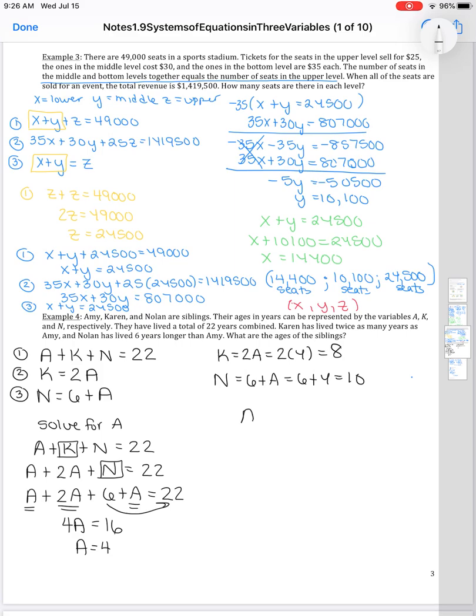So now I work my way backwards. If K is 2A, that means 2 times 4 is 8. And if N is 6 plus A, that means 6 plus 4 gets me 10. So if my parentheses are supposed to go A, K, and N, well, A is 4, K is 8, and the other one is